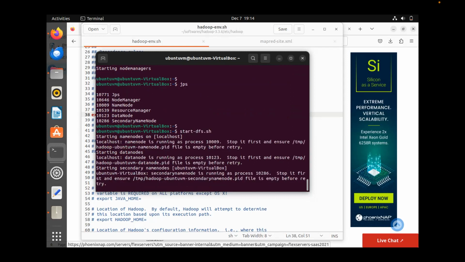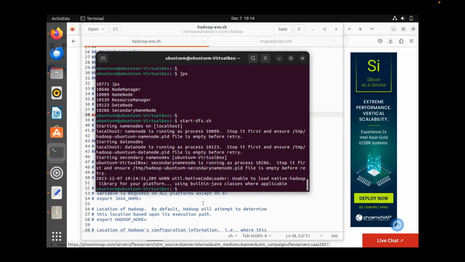It is already running, so it is saying to stop it first and then start again, because we have to call stop-all.sh first. That will start all the services. And whenever you close, suppose this Ubuntu VM shuts down, this will automatically be terminated. So whenever you come next time, always remember